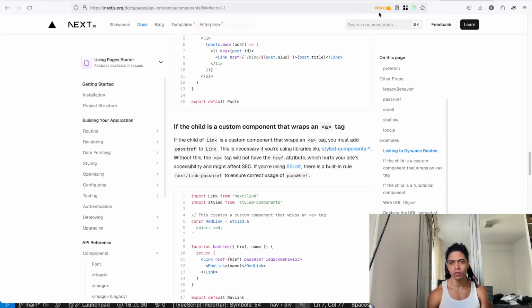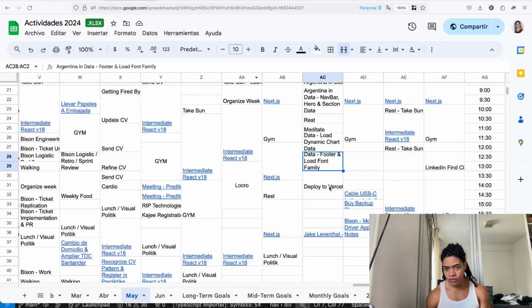Yep. All right. That was just to load the font, and now it is time to deploy this on Vercel. How in the F do we deploy these static assets to Vercel, my friend?